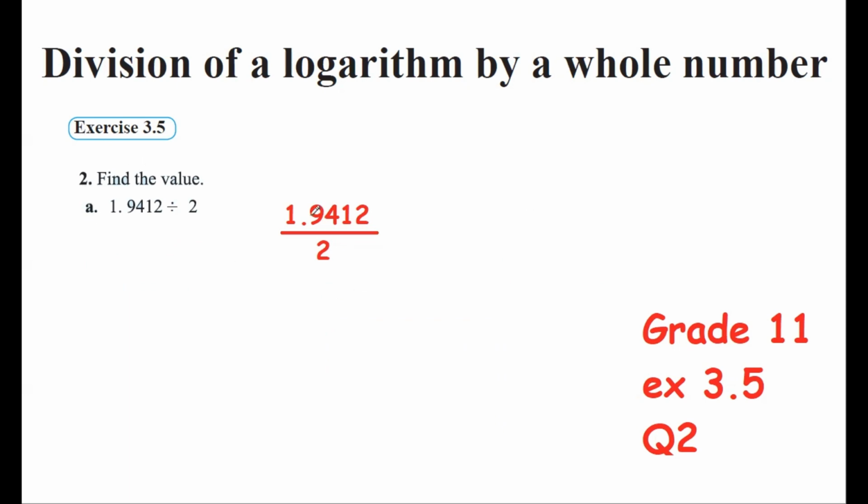So the logarithm value is given, 1.9412 divided by 2. So you can start simplifying. Here 2 has 1. So in this simplification, now you can say these numbers are positive numbers. All the positive numbers, we just use the normal division. So the 1 does not have any 2, so it becomes 0. So you consider, you take both numbers,